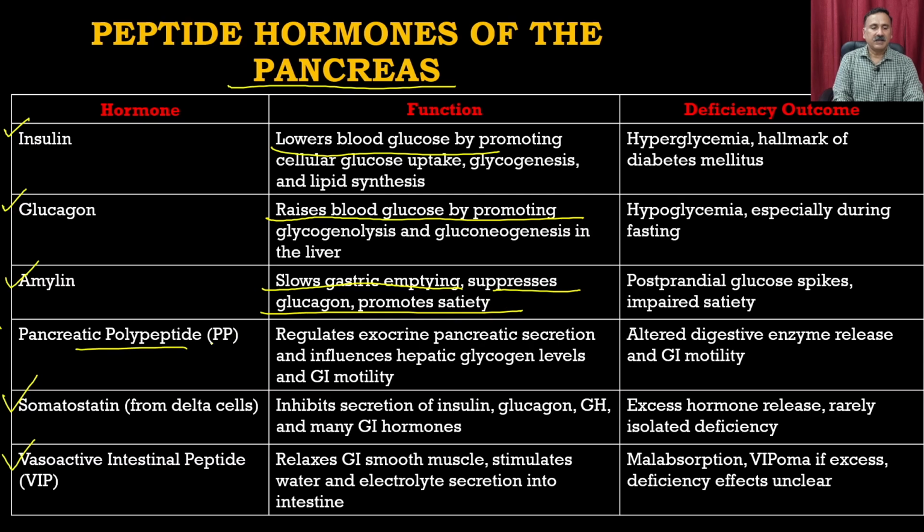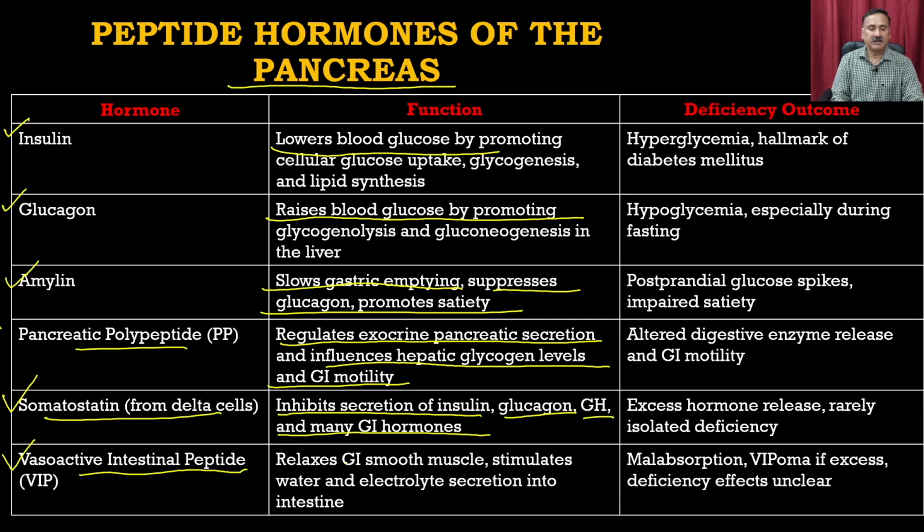Then we have pancreatic polypeptide that regulates the exocrine pancreatic secretion and influences the hepatic glycogen levels and the GI motility. Then we have somatostatin. Somatostatin inhibits the secretion of insulin, glucagon, GH, and many GI hormones. And then we have vasoactive intestinal peptide that relaxes the GI smooth muscles, stimulating the water and the electrolyte